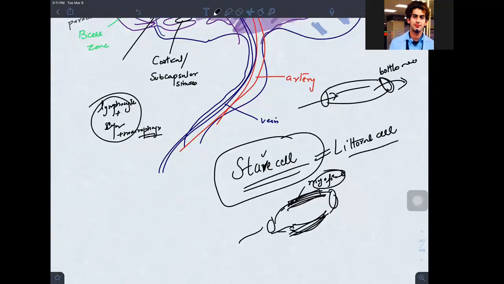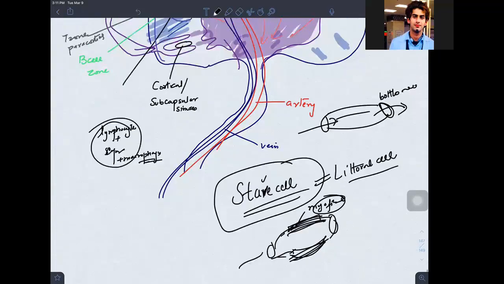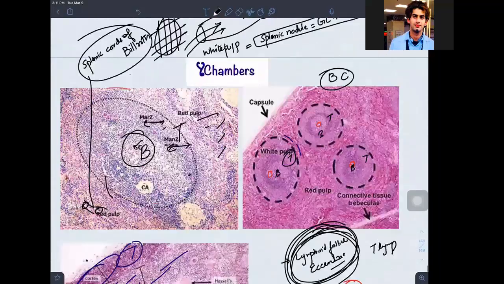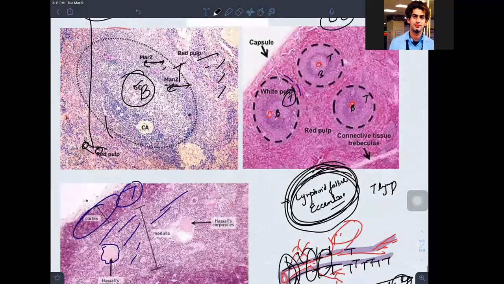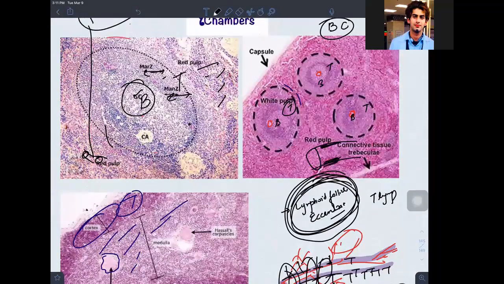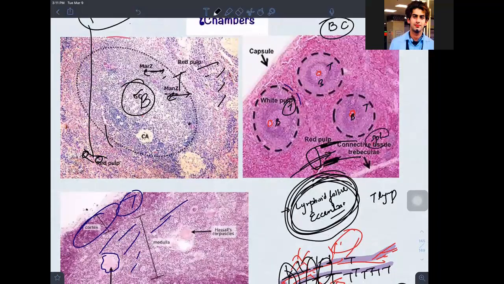Okay, it's a network happening here. Let me draw it for you. If I draw a cord of Billroth here, things are coming inside, and if I want to throw this blood into the splenic matter, isn't it? This is the splenic matter. So I will be contracting this stave cell because it has myofibrils, and we have read about myofibrils in the physiology chapter. Okay, understood? Is there a problem?